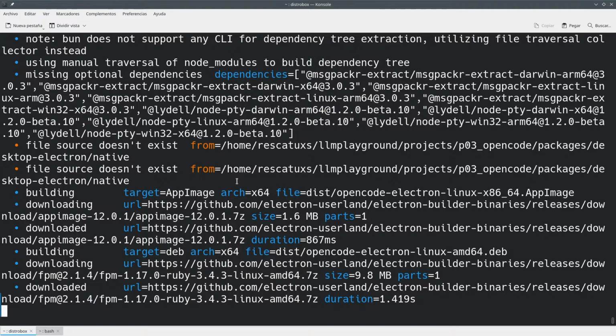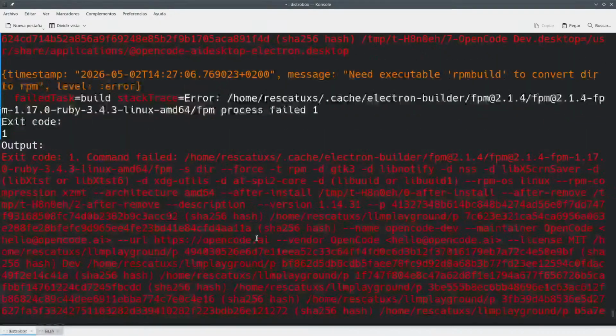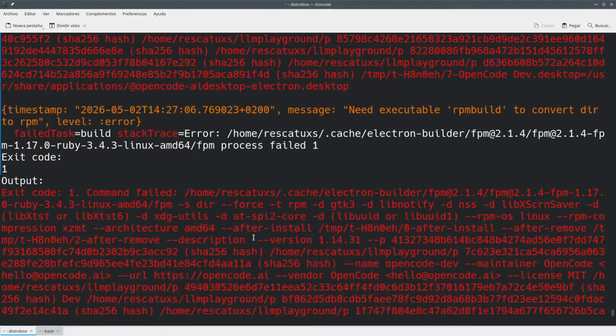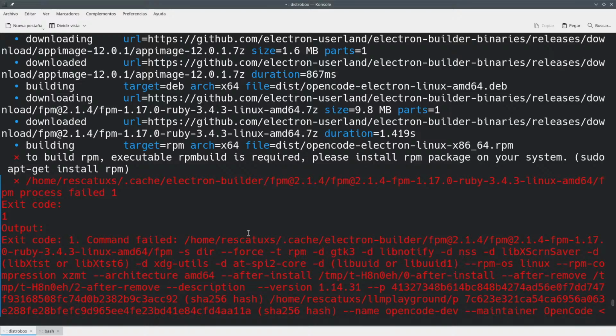Okay, so Electron userland is also needed. This OpenCode Electron Linux AMD64 thing. Ruby. Oh my god. What's going on here? To build RPM, the executable rpmbuild is needed. Target RPM. Okay, so